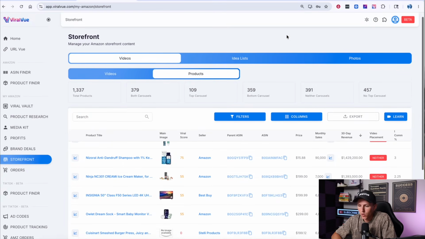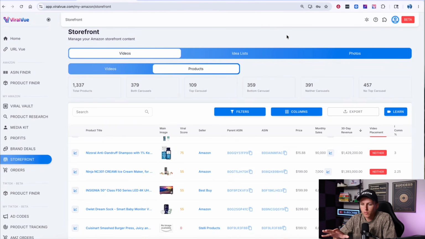So the first thing is this is going to be phase one of historical data, where it's going to be accessible within the web app. And this is what is accessible right now for all pro users. Here in a couple weeks, we're going to be rolling it into the extension as well, so stay tuned for that. But for the time being, I want to show you how we're actually going to use this